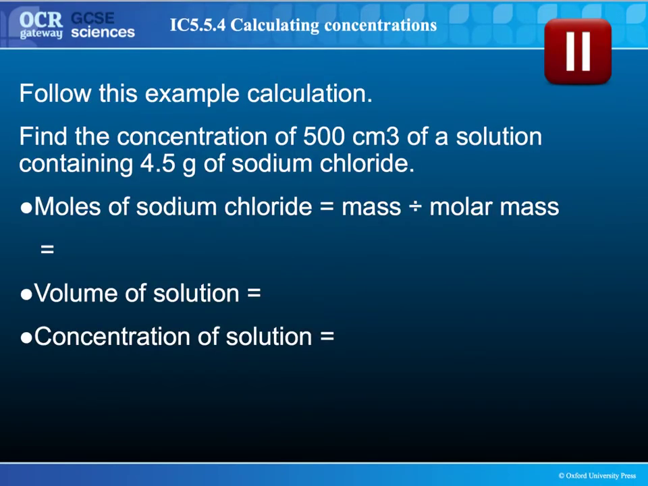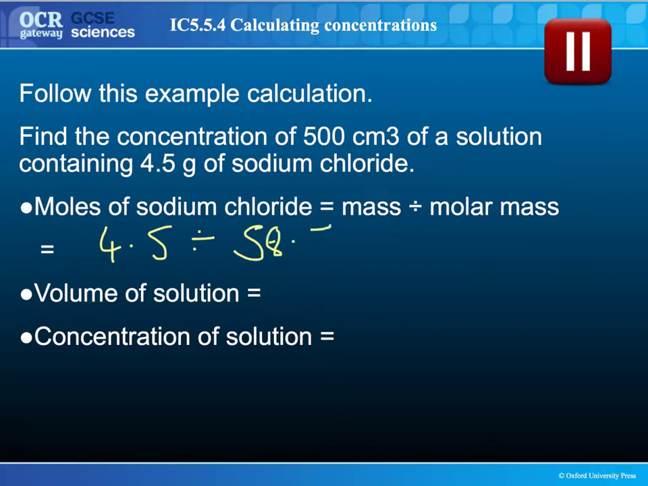It's a good opportunity to have a go at a calculation yourself, seeing if you can work out the concentration of a solution that contains 4.5 grams of sodium chloride in 500 centimetre cubed of a solution. The first thing you need to do is to work out the number of moles of sodium chloride that are present. To do that, you do the mass divided by the molar mass of sodium chloride, which is 4.5 divided by the molar mass of sodium chloride,